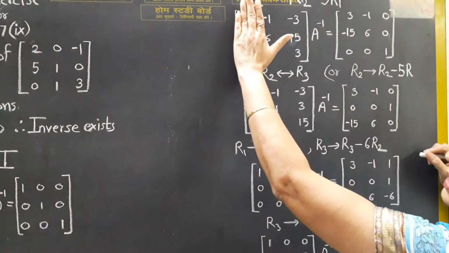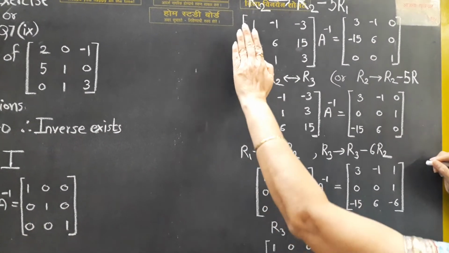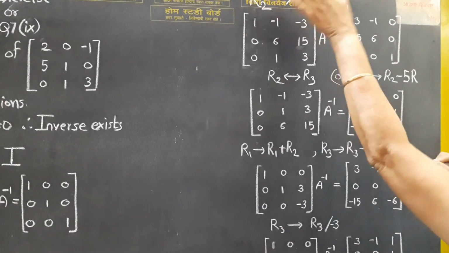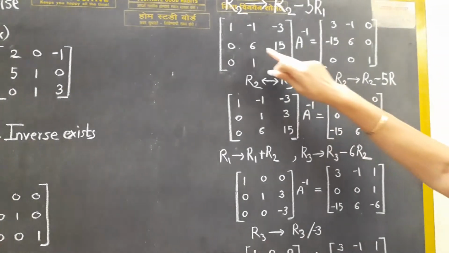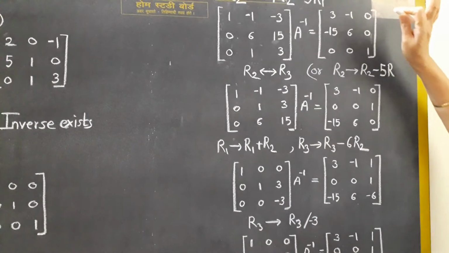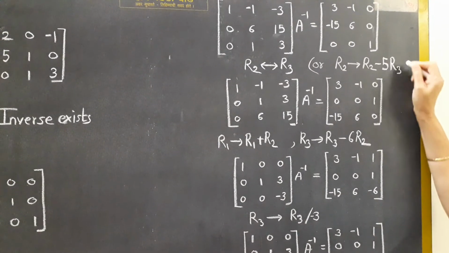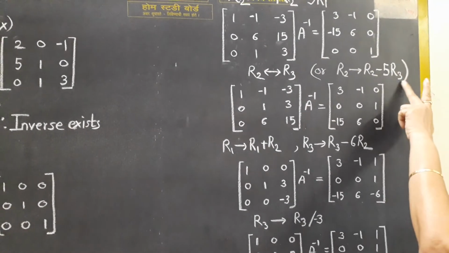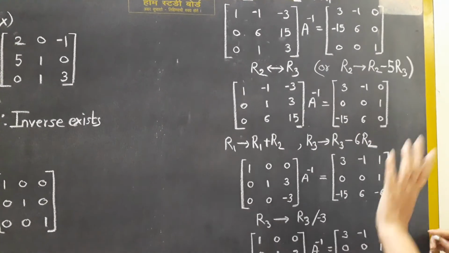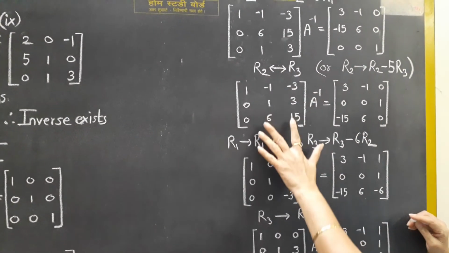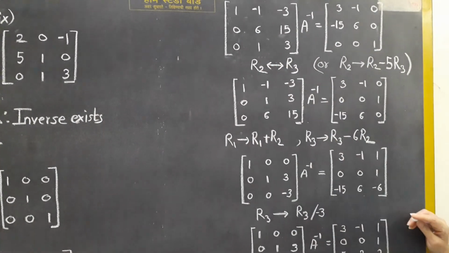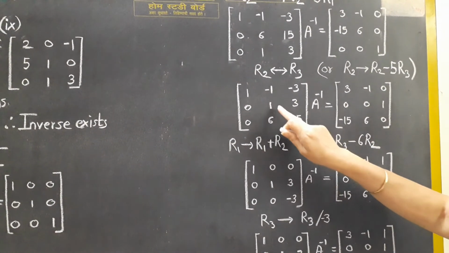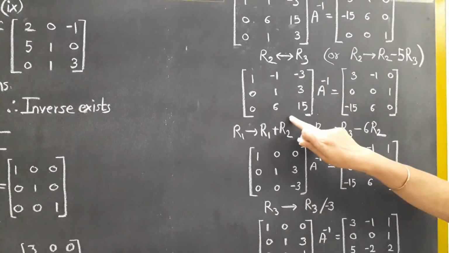See that, again I am repeating, when the first column is completed, R1 is prohibited to get 1 over here, so don't look at that row at all. I have to make use of R3. So either in this way or in this way, I have to make use of R3 to get 1. So we are following it in this way, that R2 interchanges with R3. So here we have interchanged R3, and now the task is to complete the second column.